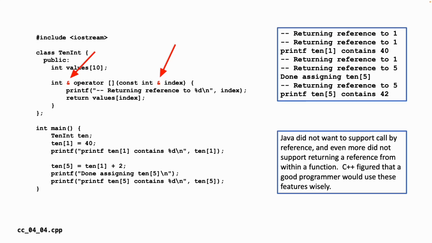Java basically did not want, as a choice, to take values by reference in method calls, and even more, it did not want to return references in the return values of method calls. Those two things, the ampersand in the return type and the ampersand in the parameter, are essential for C++ to accomplish this. And Java did not want to return references, in particular because it has to do with garbage collection, variables going out of scope, etc. And if you return a reference, you don't know when it's out of scope.